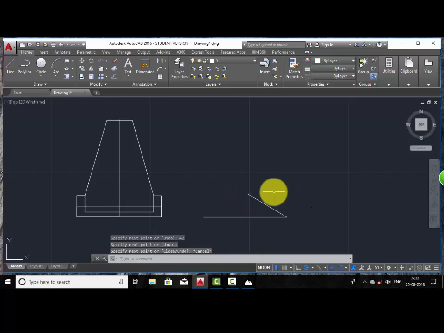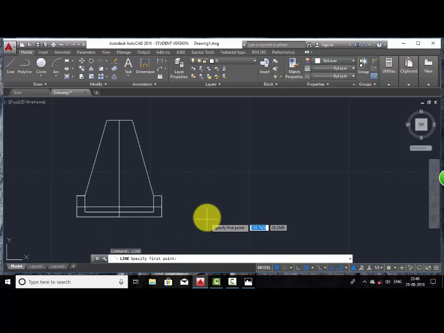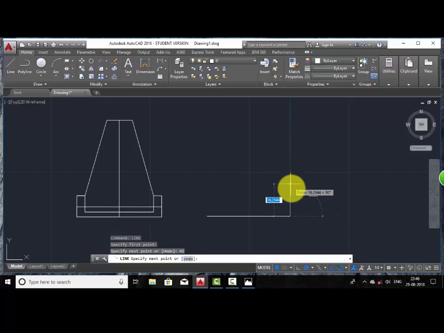Here we can do another way also. So I just erase it by using Ctrl Z. After pressing Ctrl Z, the total diagram will be erased. Again I just press line enter, and after that select a point. After that we just write 42 centimeter, that is our background length, and after that we just press 10, so that here we can find exact